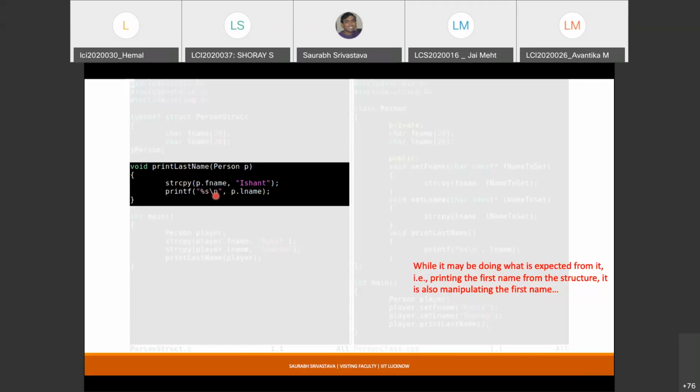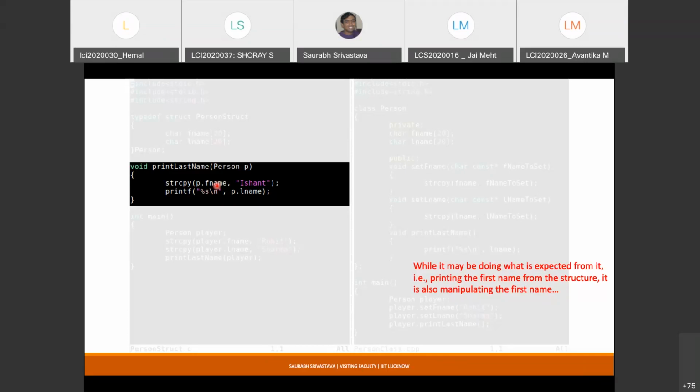And I'm not even talking about malicious code. I'm not talking about people who are actively trying to sabotage your project. I'm talking about silly mistakes, that instead of typing l name here, let us say I just mistyped it as f name. It will go through, because technically you're allowed to access all the variables of this structure. So this is a problem with any kind of structure related code in C. The member variables of the structure are accessible to all the operations. They are public.